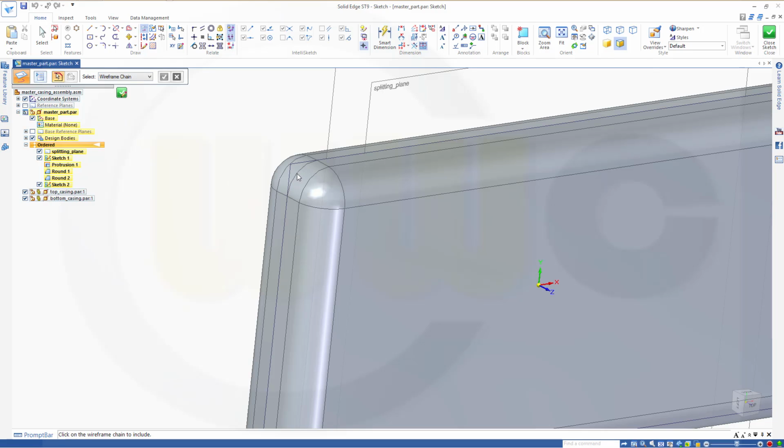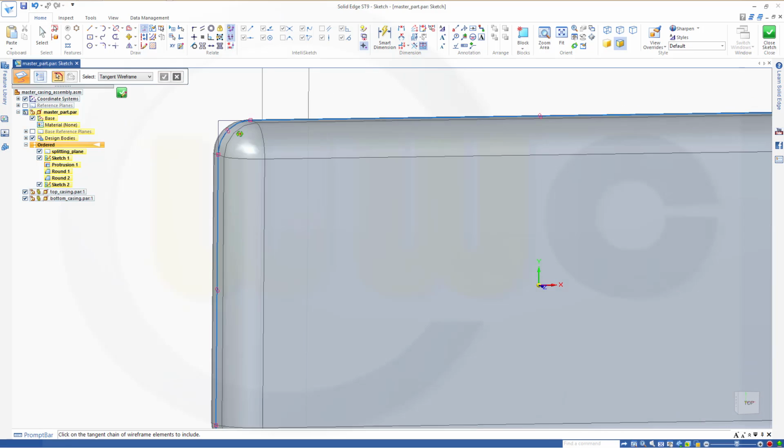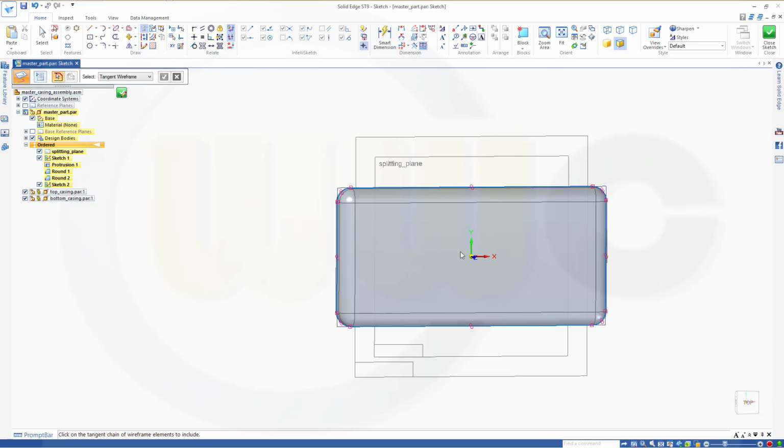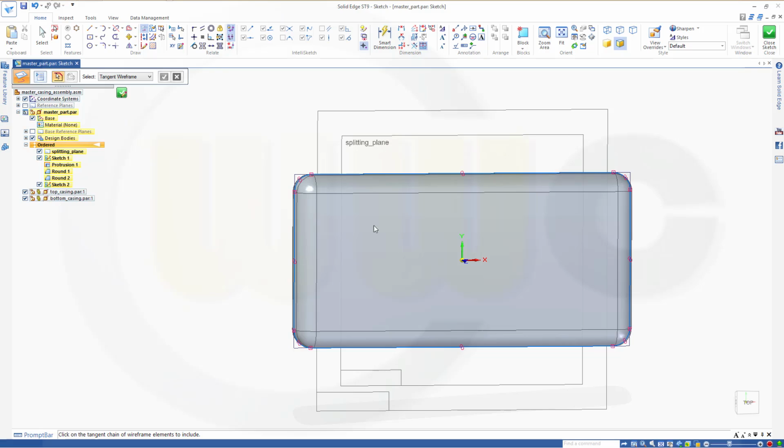This wireframe chain, hopefully I can select it. No, that's not possible. That's kind of odd. Or tangent wireframe. This works. Okay, and confirm. And I will use this sketch for even more, but right now close that sketch,